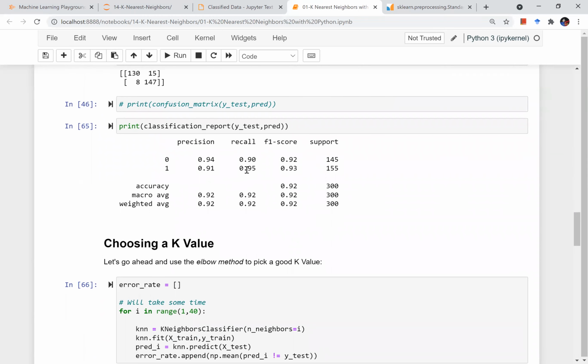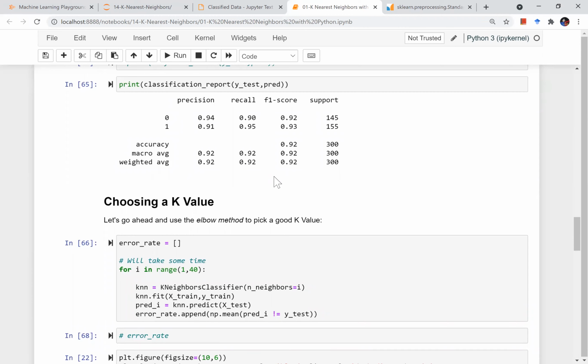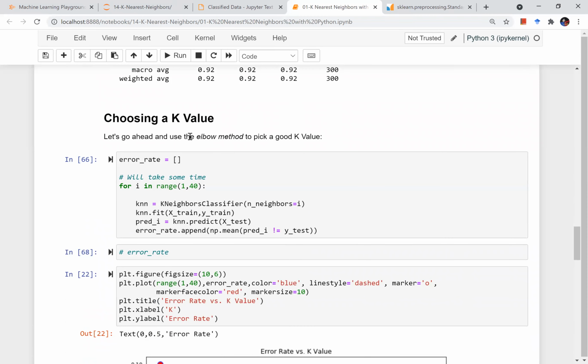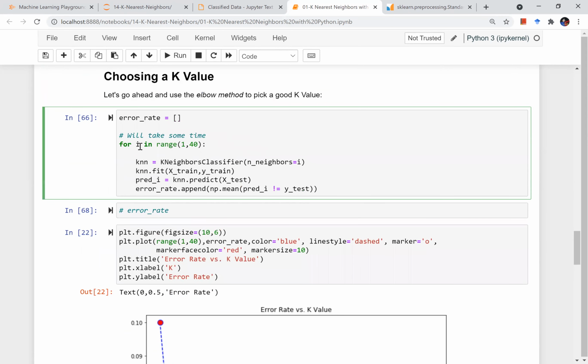So now with a specific number of neighbors, I will get some specific accuracy and precision, or performance of my model. Later on, I can experiment with different values of k to figure out which value gives me the best result. So for choosing the value of k, we looked at the elbow method, where we plot the error for multiple values of k, and we choose as the final value the k where we are getting the minimum error, right? For our example, we took up to just 40 k values. We can take up to 100,000, whatever you want, but it should be a meaningful value based on the data we are working on, right?